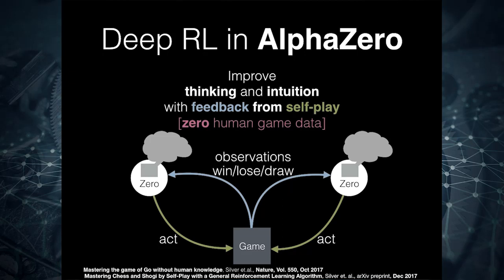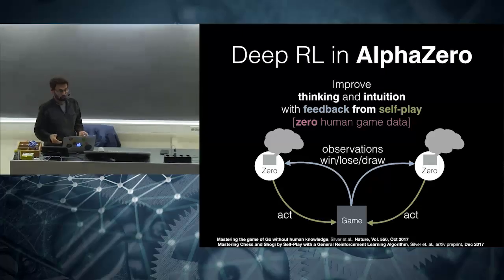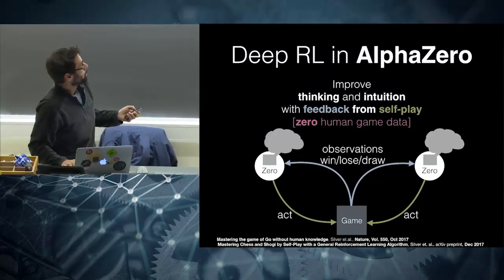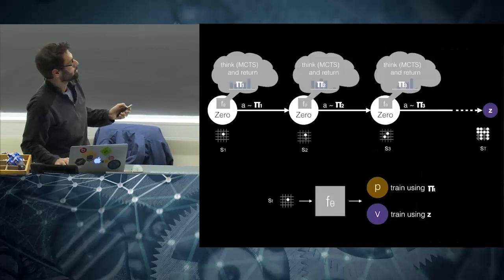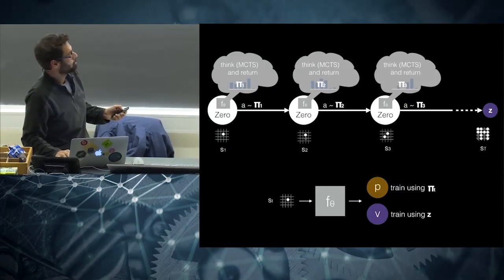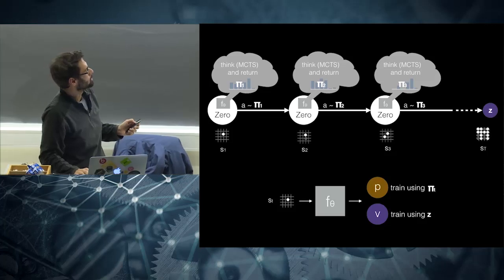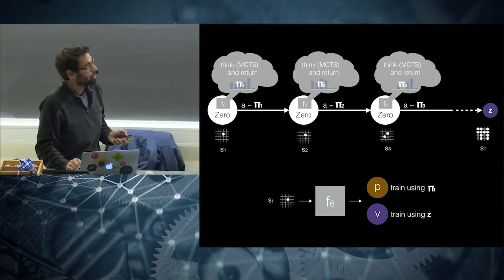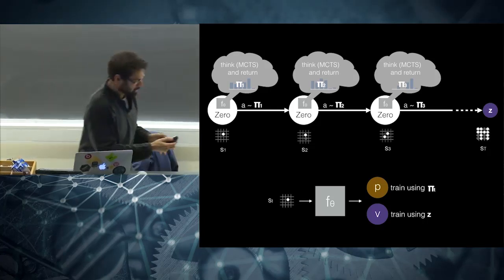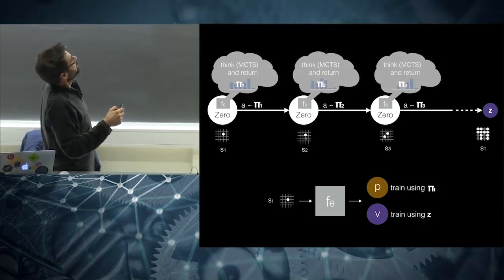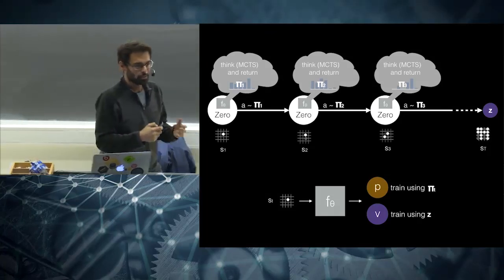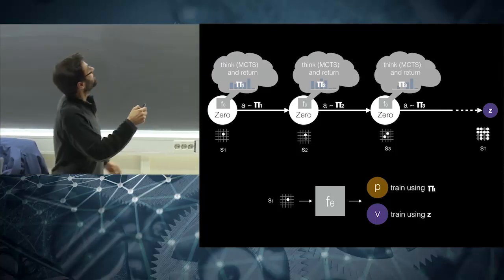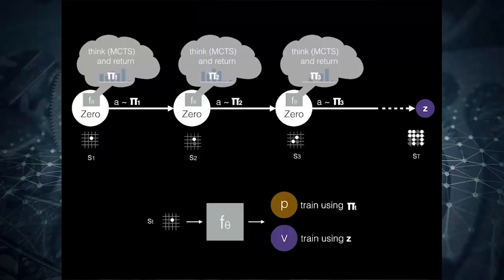It is learning from self-play reinforcement learning, where this is one agent. This is just the same agent. It is interacting with itself, acting, getting some observations, and then thinking a bit, and acting again, and so on. What I'm trying to say is it's a really simple setup. Here's an agent. It plays one game to the end against itself.